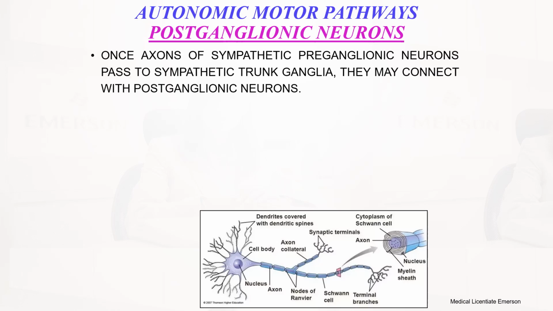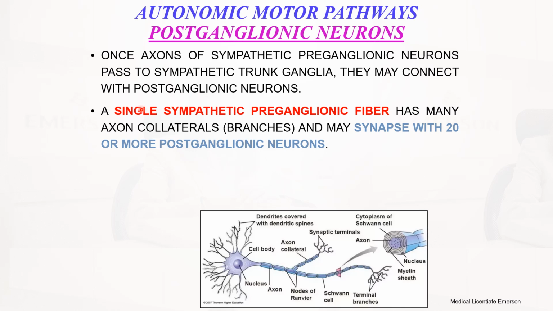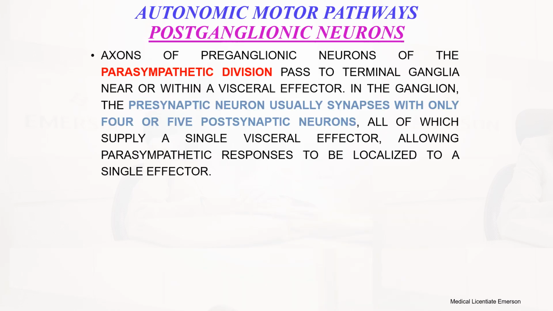Then the postganglionic neurons. Once axons of the sympathetic preganglionic neurons pass to the sympathetic trunk ganglia, they may connect with postganglionic neurons. A single sympathetic preganglionic fiber has many axon collaterals, or branches, and may synapse with 20 or more postganglionic neurons. Okay, then axons of the preganglionic neurons of the parasympathetic divisions pass to the terminal ganglia near